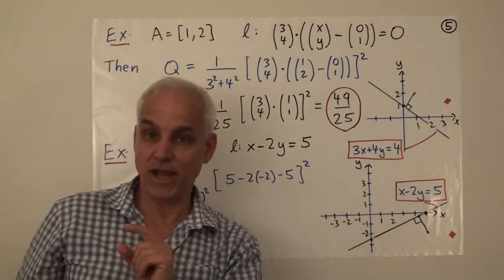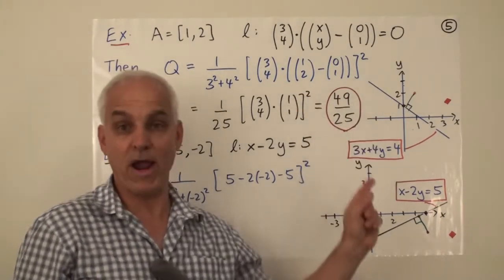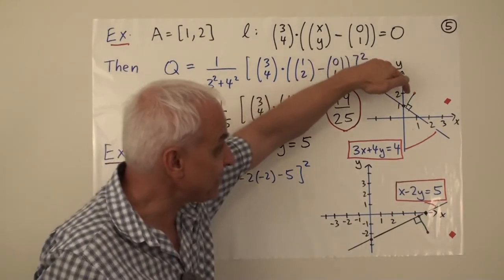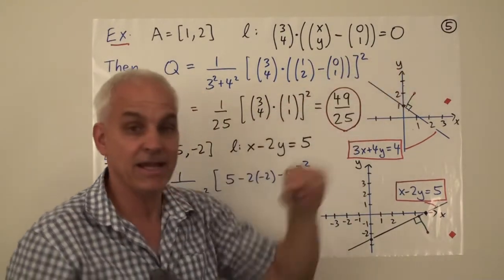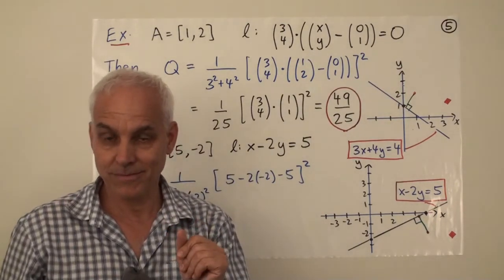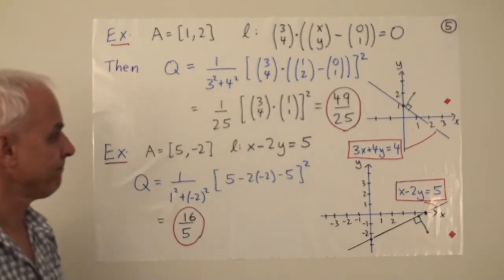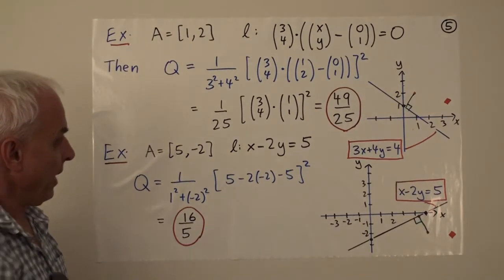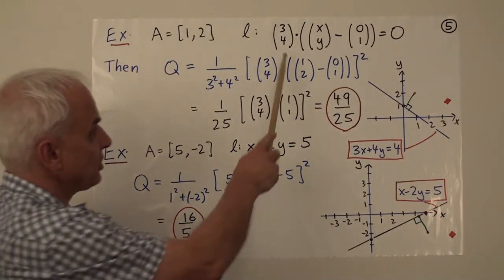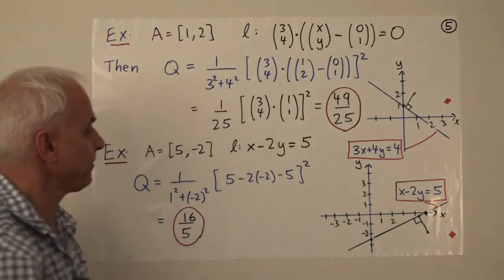Now in this particular case, we see that we could take a square root of this thing, because this happens to be a square. So in this case, the notion of the distance from this point to this line is in fact a valid notion. In general it's not, but in this case it happens to be. And here's the more familiar Cartesian equation of that line that you just get by expanding this out. 3x plus 4y equals 4.